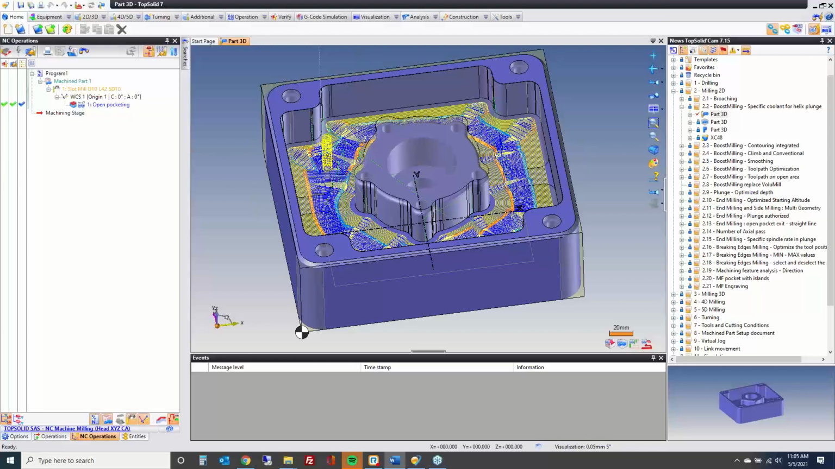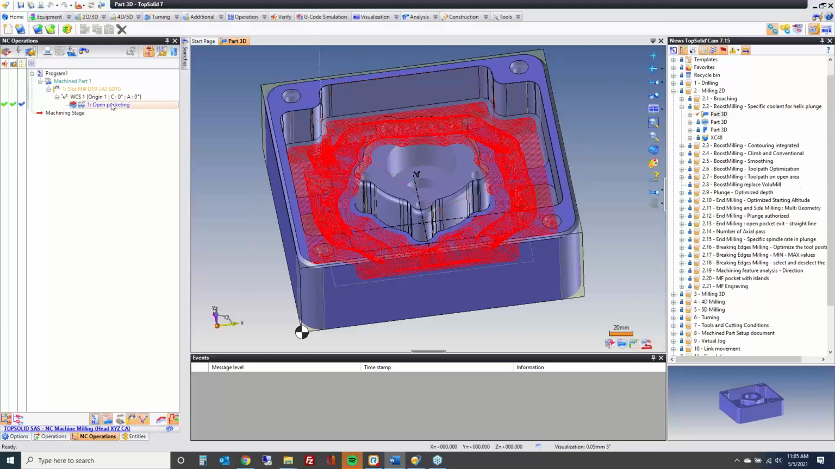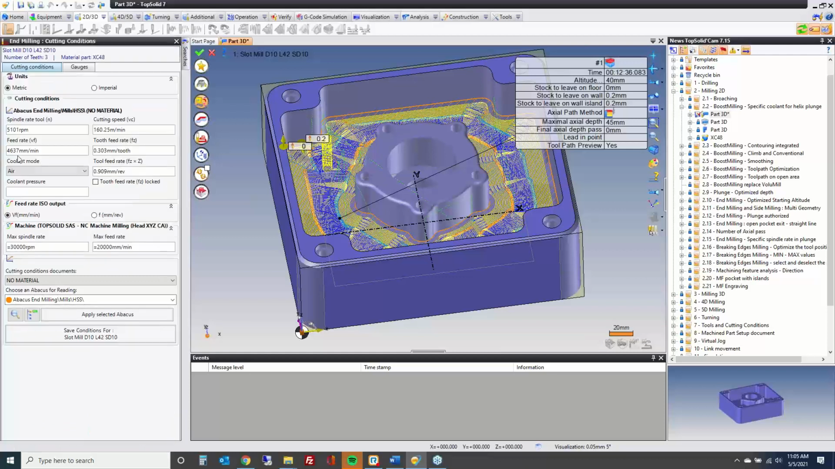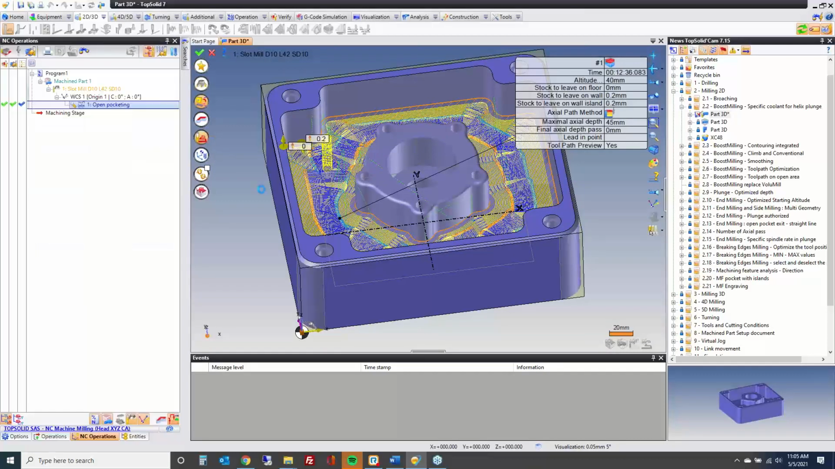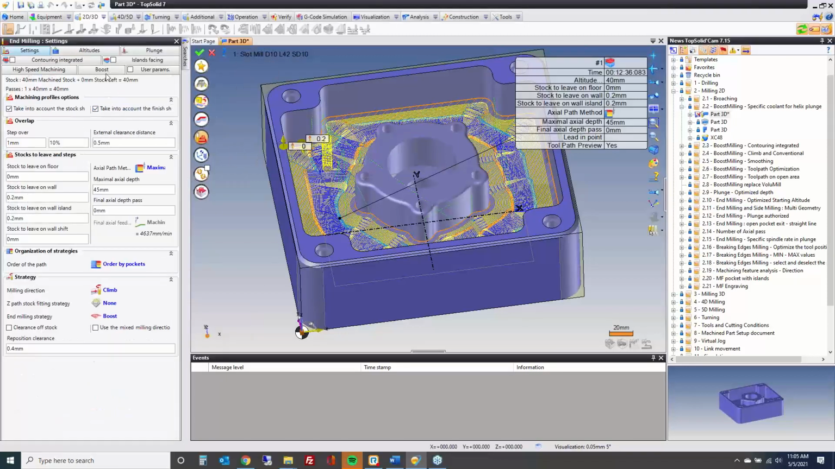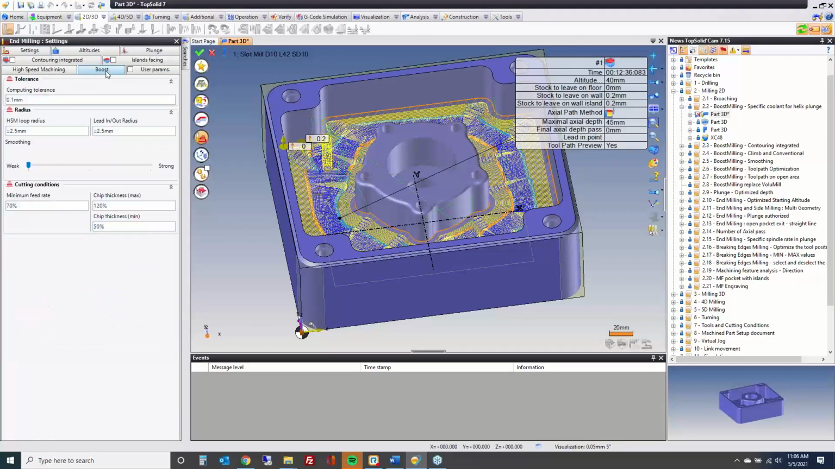Specific coolant type for the plunge. So if we go into this pocketing, first of all let's look at our cutting conditions, and we have an air blast or something turned on. So we have one form of coolant there. And then if we go to boost, or plunge, excuse me,